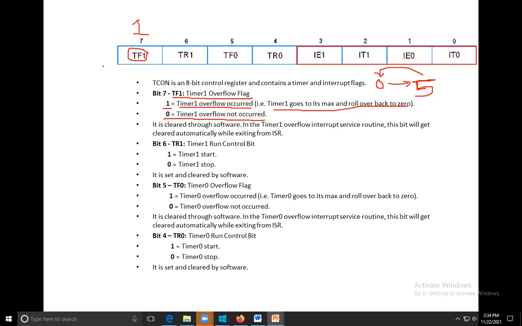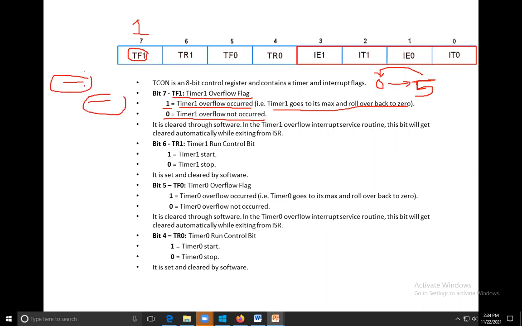The controller understands that the timer has overflowed when the timer flag, which is called the overflow flag, is set. The overflow flag is present in your flag register. Just like the overflow flag in the flag register, when a value is more than the storage capacity of the register, just as we discuss data types in C, the same thing applies here. If it acts as a timer, you are giving the delay time for it.